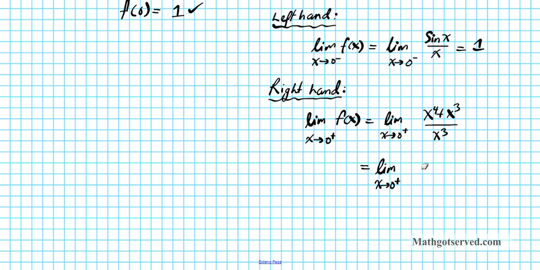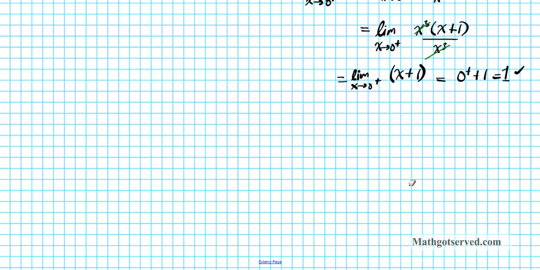Okay, so the limit as x approaches 0 from the right, factor out x^3, so you're left with x^3 times (x + 1) over x^3. And what you see happening here is some cancellation action. This cancels with that. So this limit becomes the limit as x approaches 0 from the right of x + 1. And then when you plug in 0, it's just going to become 0 from the right plus 1, which is just 1. Alright, so since the left and the right hand limits are the same, we can conclude that